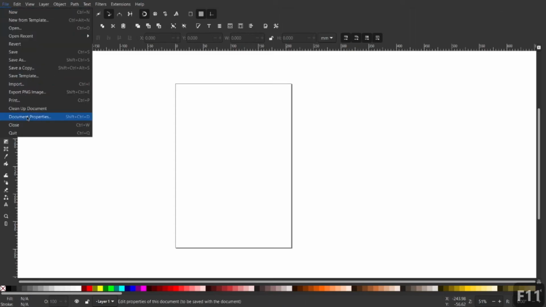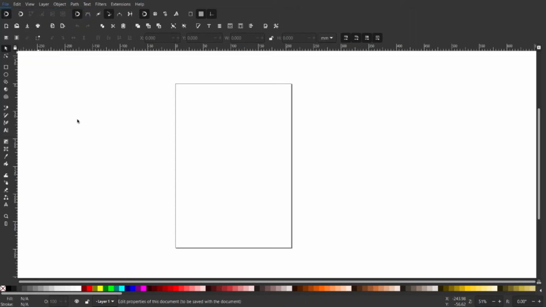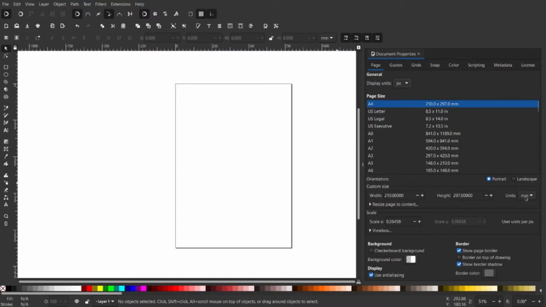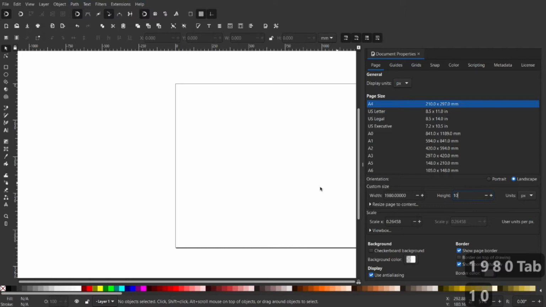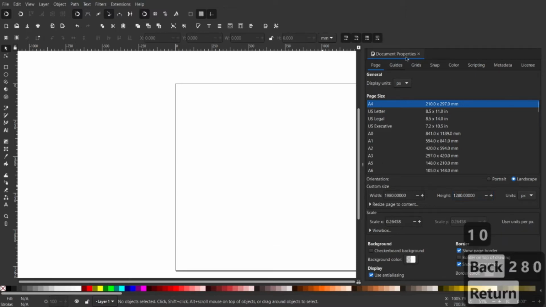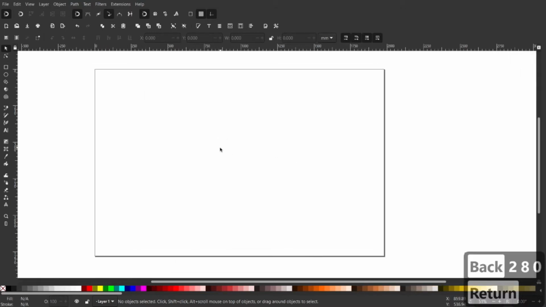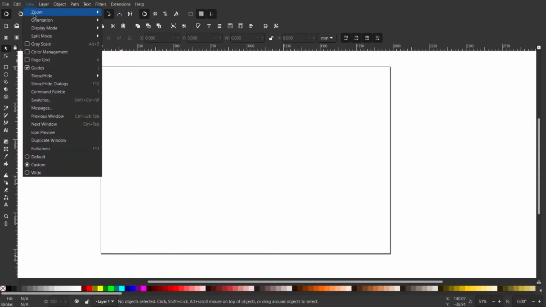So for this, first of all, we'll set up our document. Go to File, then Document Properties and make sure that you have the drawing and orientation unit set to pixels, and then change the page size to 1920 pixels by, I guess, 1280 pixels. Actually, I made it wrong. That was actually 1920 by 1280. So no worries, you can change it according to yourself.